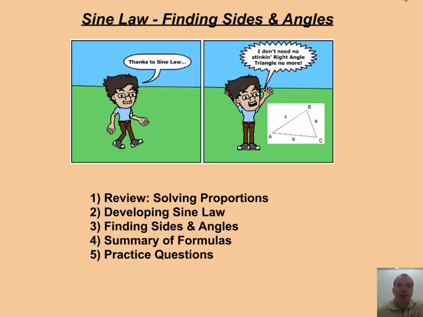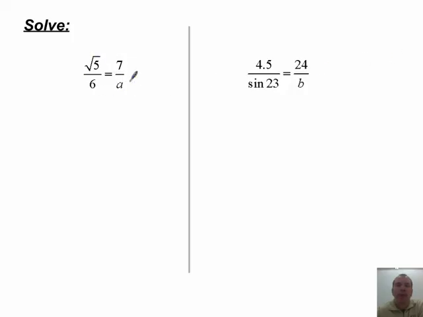And today we're covering sine law, finding sides and finding angles. So let's get started. Remember the little trick of how to solve for a proportion, right? Whatever the number is across, a in this case, across is square root of 5, goes dividing, and the other two multiply. 6 times 7. If I'm looking for b, then directly across is 4.5, so b is equal to 24 times